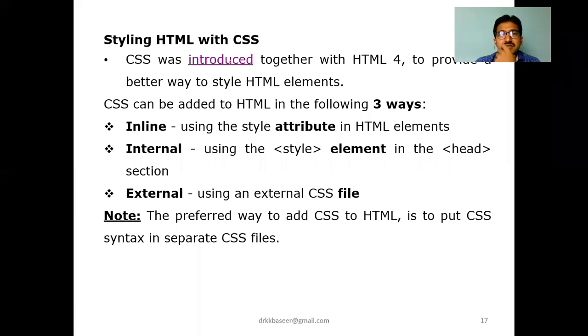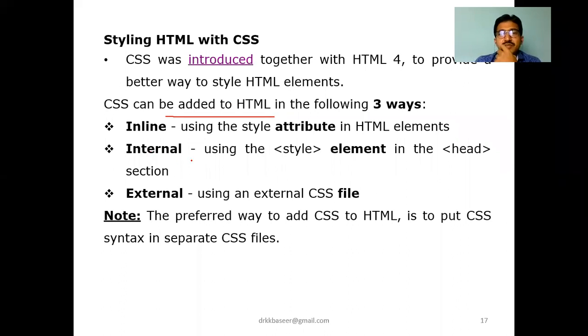So CSS selectors, we have different types, like ID selector, class selector, child selector, adjacent selector, all different types of query selectors are there. With the help of those selectors, now we want to add to the HTML element. Now the previous topic talks about how to create a style. Now this topic talks about how we can add that style to our HTML page. That is the main objective of this concept.